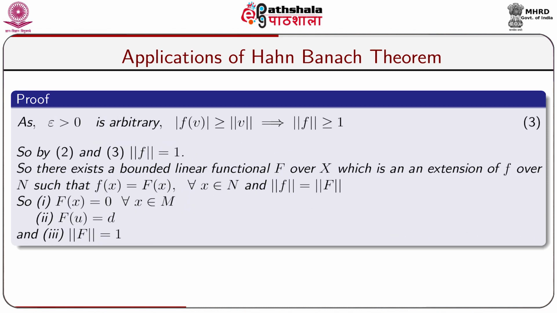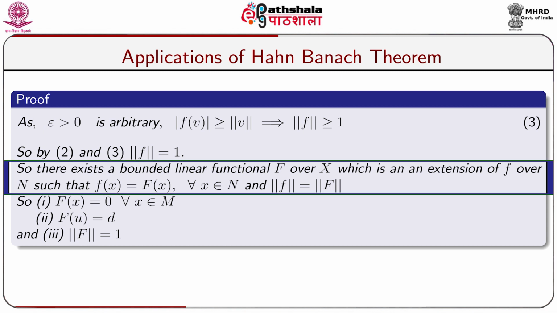As epsilon greater than 0 is arbitrary, we get modulus of f(v) greater or equal to norm of v. So, norm of f is greater or equal to 1. So, by the earlier result, by combining, we get norm of f is equal to 1. Hence, there exists a bounded linear functional capital F over X, which is an extension of small f over capital